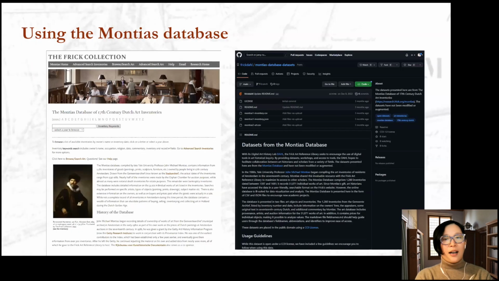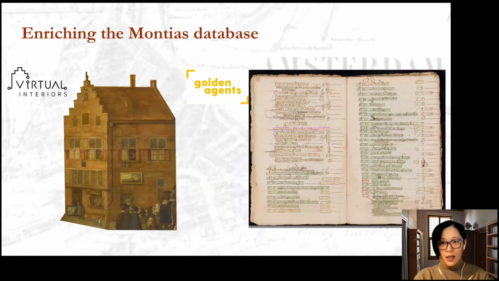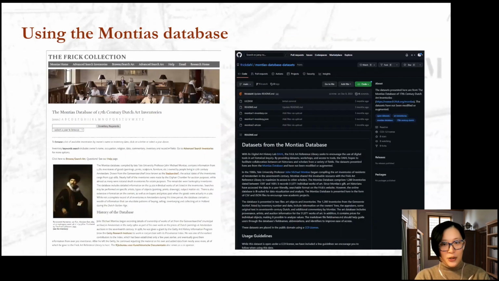The Montias database has been, as you all know, one of the most important sources for art historians and historians to research the collection of paintings in ordinary Amsterdam citizens' homes. The traditional and the most intuitive way of using this database is from this website, by entering the keyword in the search box,